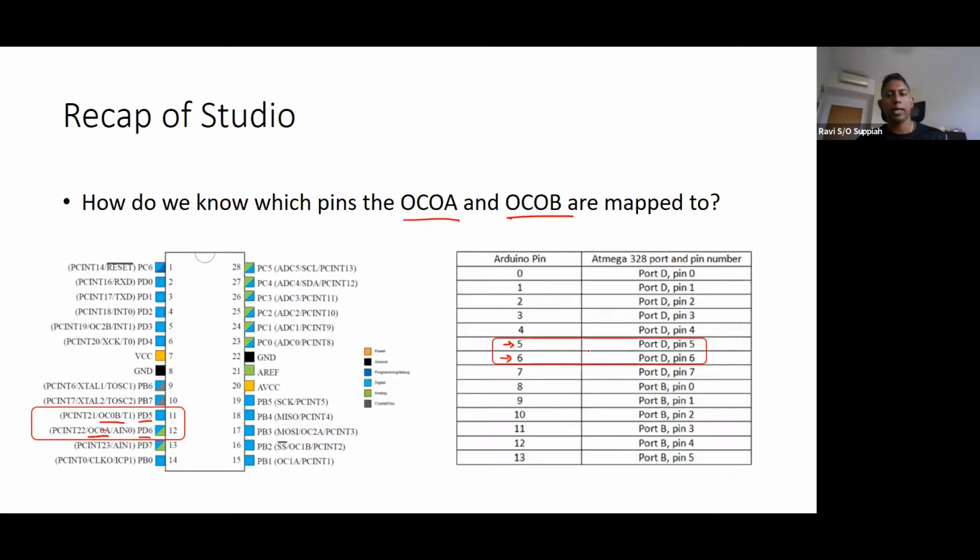You cannot say I want to use pin 3 and pin 4. You can't say I want to use port D pin 3 and pin 4 for the timer 0 output, because internally it is already wired that it can only be channeled out to port D pin 5 and pin 6. So that is how we decide which pin to use.